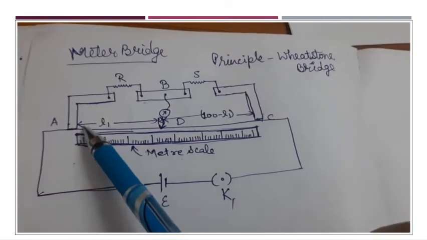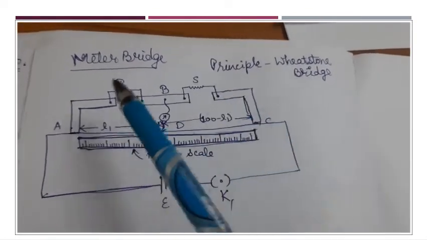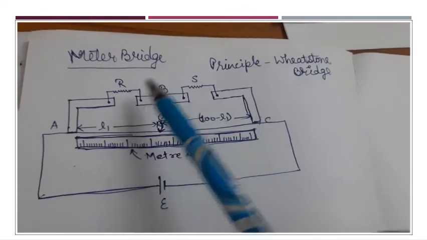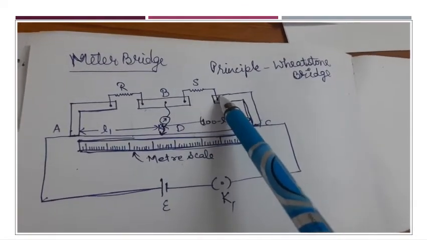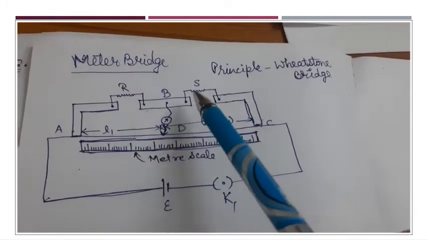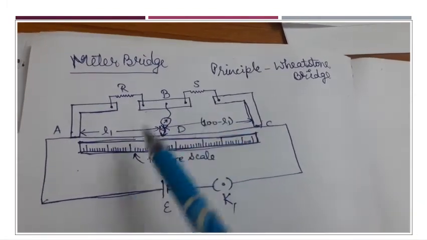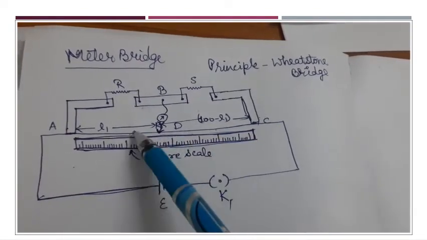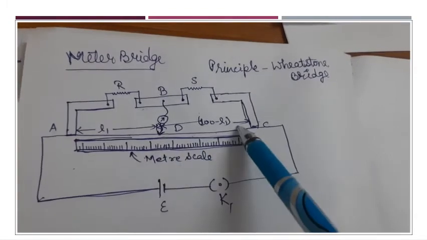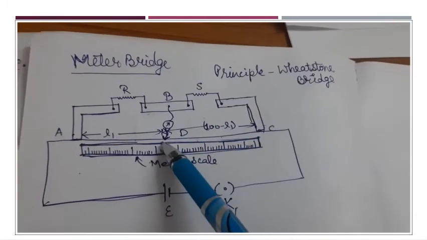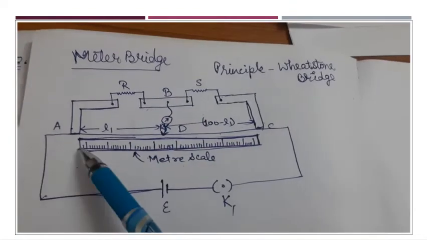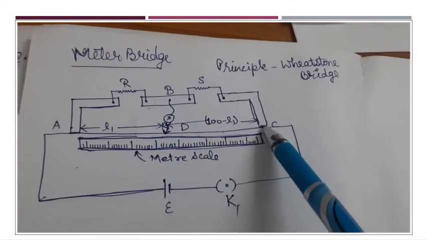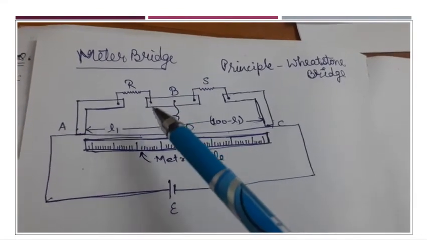Now there are contacts provided between two of the terminals. The resistance R is connected and another resistance S is connected. So these are like two arms of a Wheatstone bridge, and the other two arms are formed by the different lengths of the wire AD and DC, because we know that the resistance of a wire depends on its length as well. So for two different lengths the wire has different resistance. In this way,